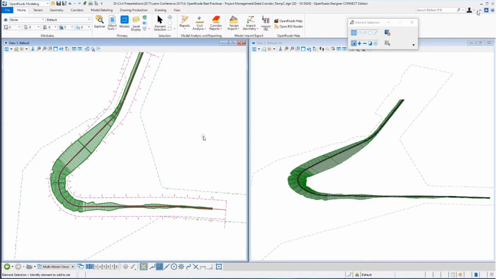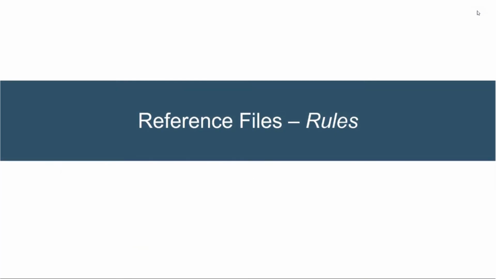So if you run into this situation where you've deleted or somehow recomplexed your original geometry and it gets detached, remember your corridor will stay viable, but you'll need to heal it to the new one by using the corridor reattach command. The final thing I want to talk about